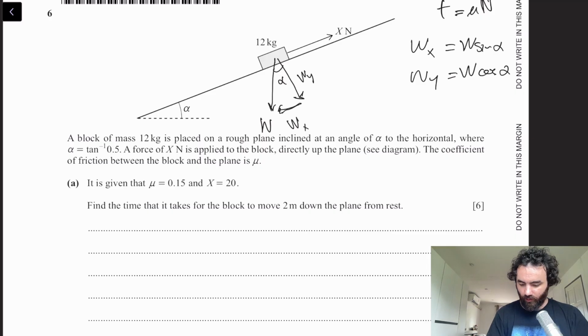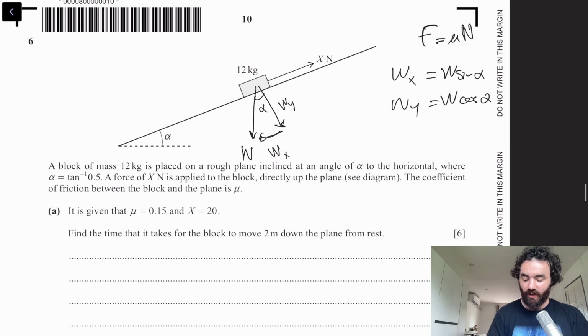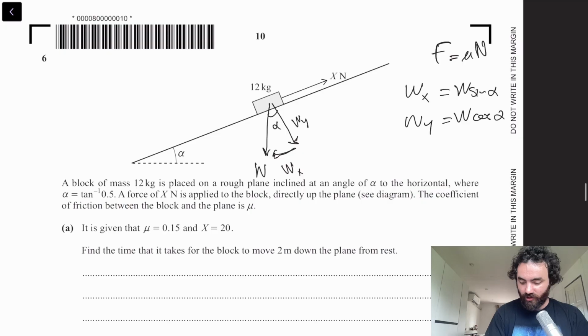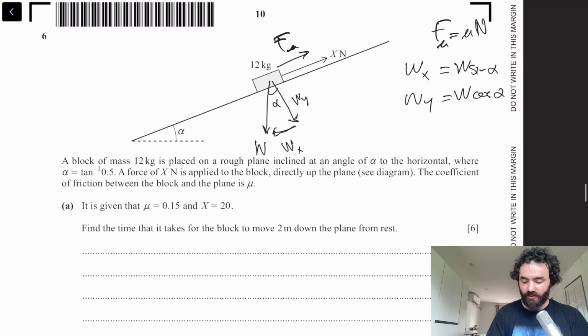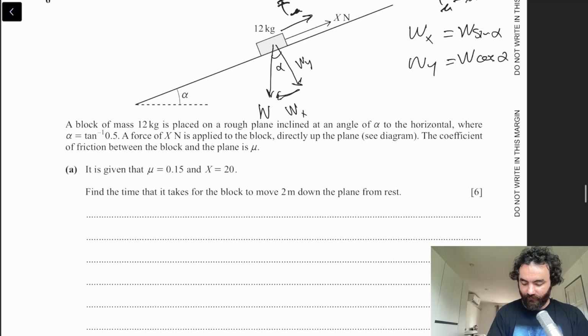Okay, find the time for the block to move 2 meters down the plane from rest. Okay, so even with this force, when you release it, it's starting to move down. If it's starting to move down, that means that the frictional force acts in this direction. Let's call it F mu. So the frictional force acts in this direction. And direction is important for this stuff. So we have